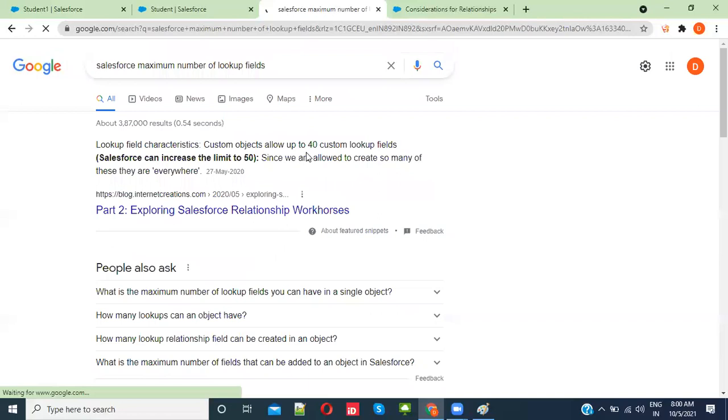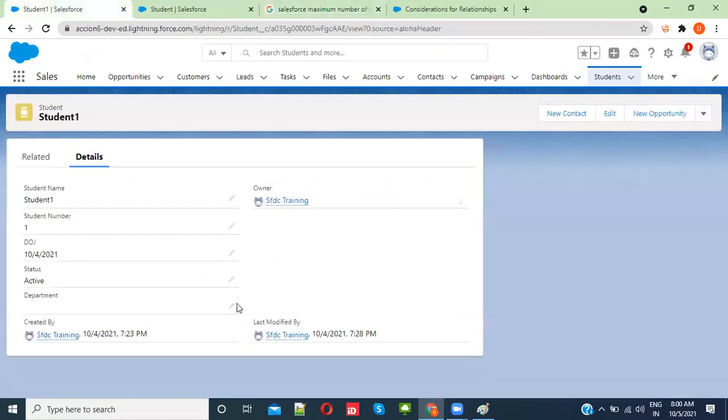Okay. Previously it was 40. Still it is 40 only. This will keep changing with each and every release. For now it is 40. They can increase it up to 50 later. Okay, so let me explain what this is.